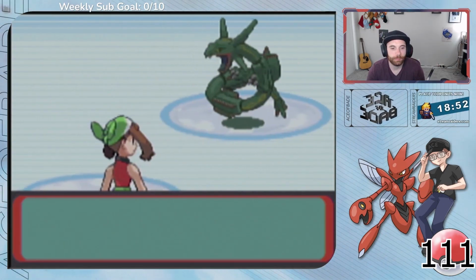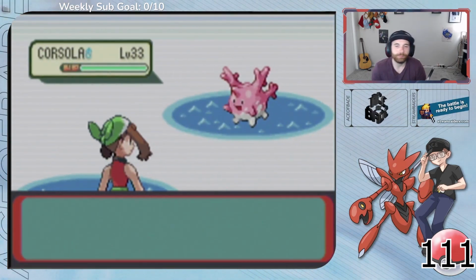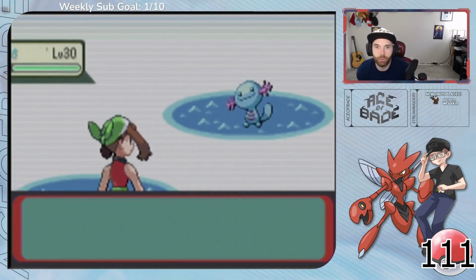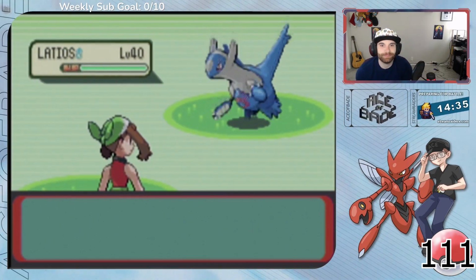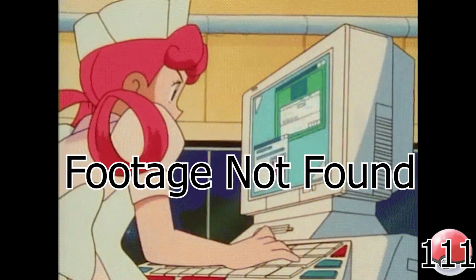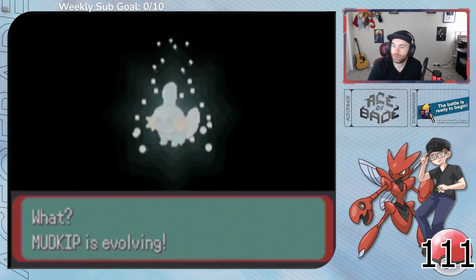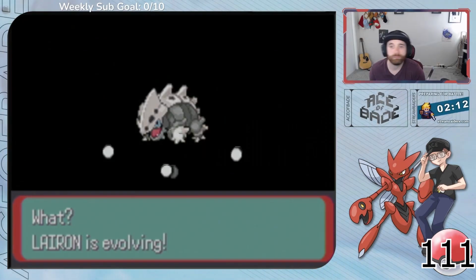gift Beldum, 1 Shinron in Skypillar, 1 Corsola in Evergrande City, 1 Sudowoodo, and 1 Smeargle in the Battle Frontier, 2 Wooper and 2 Remoraid back in the Safari Zone, 1 Roaming Latios, hatch 1 Lileep, 1 Azurill, 1 Anorith, and 2 Beldum, and evolve 1 Feebas into Milotic, 1 Mudkip into Marshtomp, 1 Wailmer into Wailord, 1 Lyron into